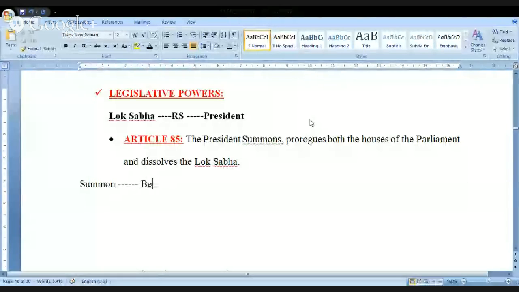So, whenever you start a parliament, the constitution has used a word called summon. Whenever we come across the word summon, it is nothing but the beginning of the parliament session. Okay, can you see here? This is the beginning. This is the meaning of this. Summon means beginning of the parliament session, and once you begin the parliament session, that will continue for a period